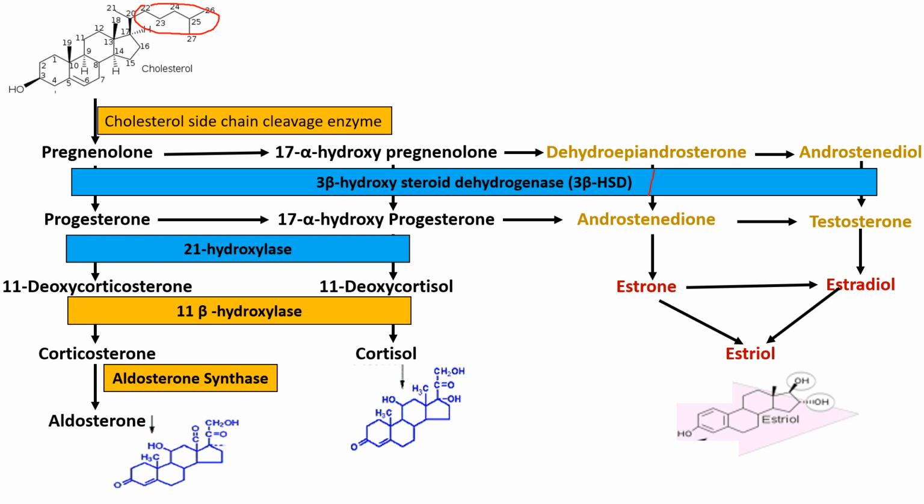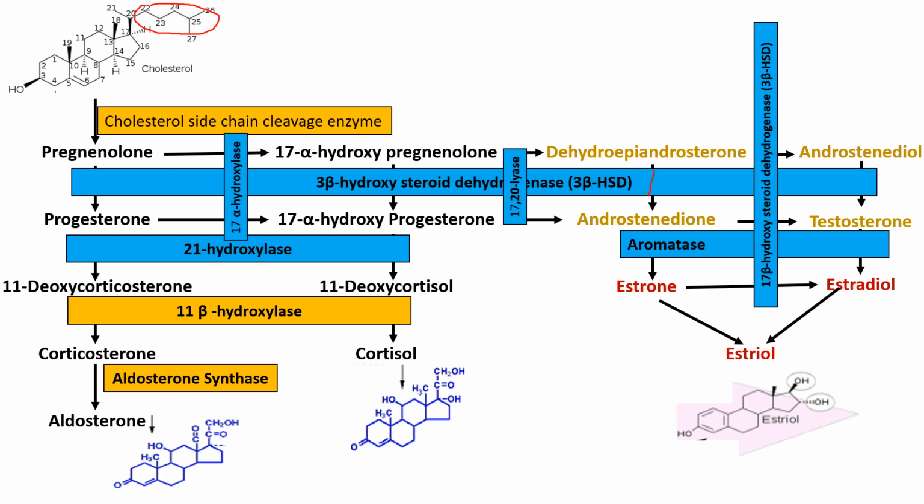corticosterone, and 11 deoxycortisol to cortisol by the same enzyme, 11 hydroxylase, and corticosterone is converted into aldosterone by aldosterone synthase. Here, androstenedione and testosterone are converted into the corresponding hormones by the same enzyme, that is aromatase. Here, progesterone to 17 alpha hydroxyprogesterone or pregnenolone to 17 alpha hydroxypregnenolone will be done by 17 alpha hydroxylase, which